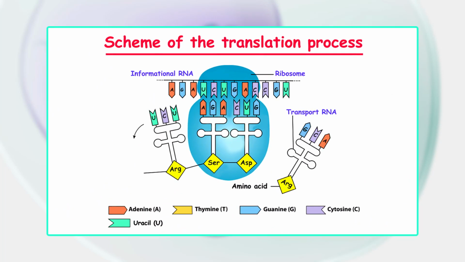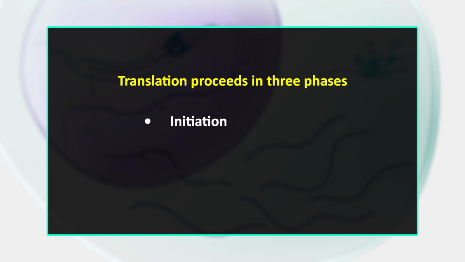The ribosome facilitates decoding by inducing the binding of complementary tRNA, that is anticodon sequence, to mRNA codons. The tRNAs, that is transfer RNAs, carry a specific amino acid that are chained together into a polypeptide as the mRNA passes through and is read by the ribosome. Translation proceeds in three phases: the initiation, elongation, and termination.